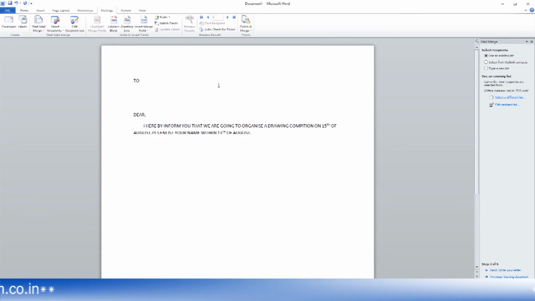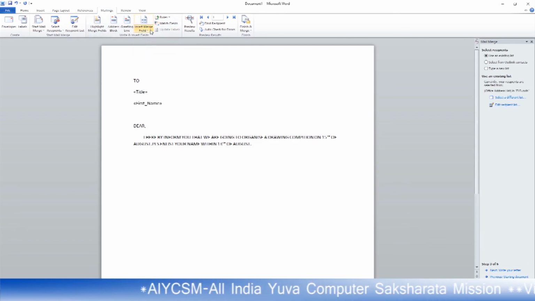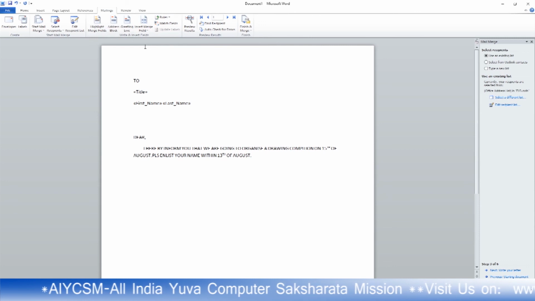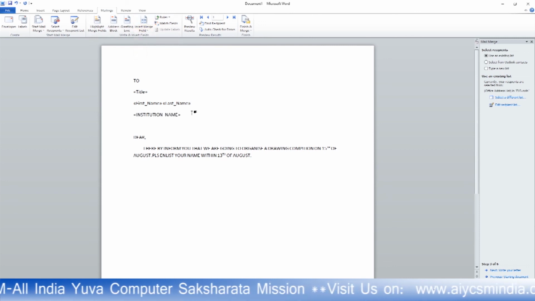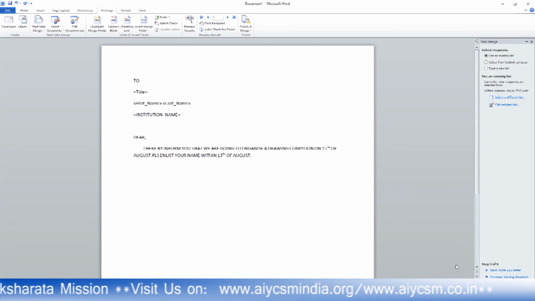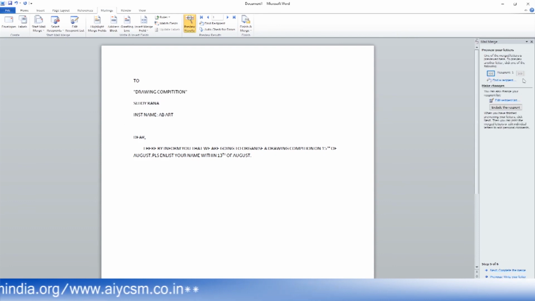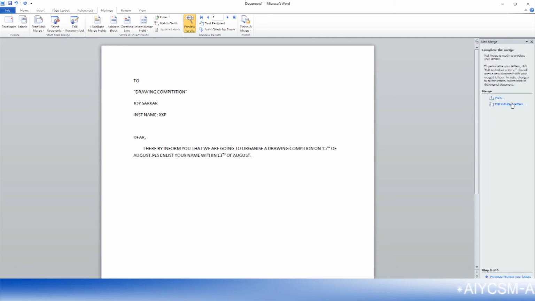Now this is an important part. Now you have to insert the field. First insert the title. From this one you have to insert your field. First name, space, this is the last name, and then institute name. After inserting everything, you have to go to the next step. Click on next. Okay, everything is fine. Next. You will see the recipients. This is the first, this is the second, this is the third. These are the recipients. Complete the merge.